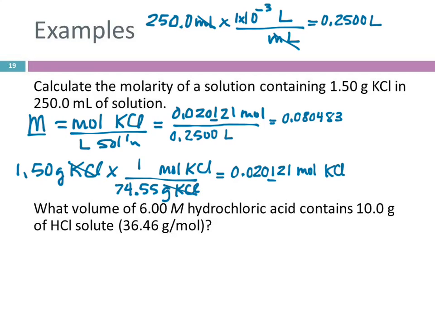0.080483. Now, how many significant figures should there be? 3. We have to look at where these numbers came from. We started here with 3 significant figures. We divided by a number that had 4, and so here we have 3 significant figures. Those leading zeros don't count as significant figures. That's why I underlined this 1 to remind myself there's 3 sig figs. So that's up here. This one has 4, but 3 is smaller than 4, so we need to round to 3 significant figures, and so I'm going to call this